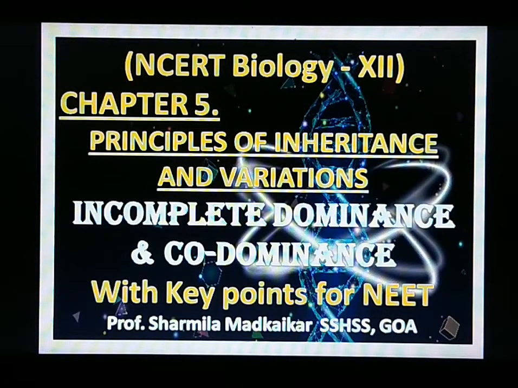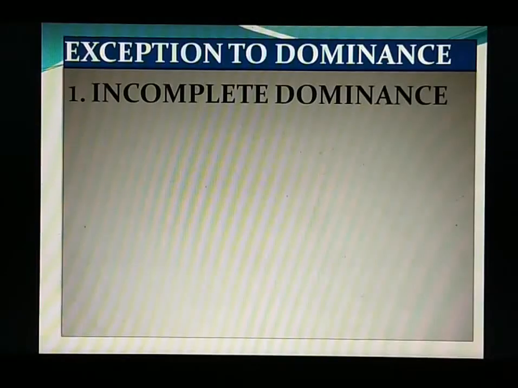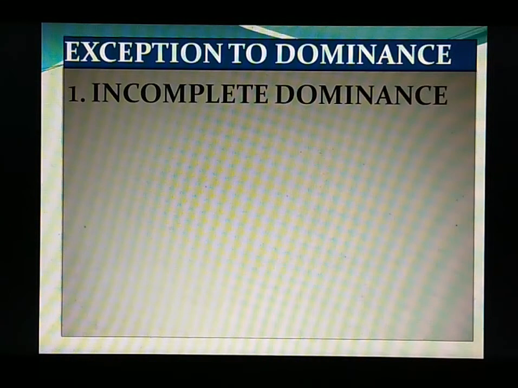Today we will learn something different, that is out of Mendelian inheritance, that is incomplete dominance and co-dominance, with the key points for NEET. So there are some exceptions to dominance. For example, incomplete dominance as well as co-dominance, or we can say that it is against the Mendelian law which was proposed, right? So we'll see today how the incomplete dominance is different from that of dominance which Mendel had